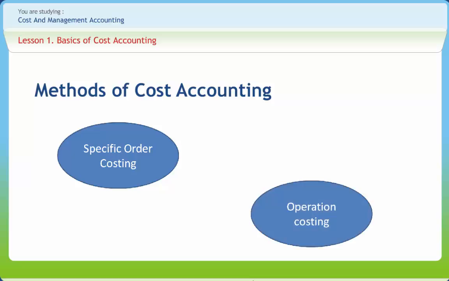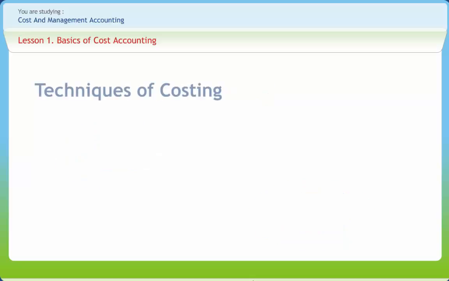Operation costing is more applicable in the case of products which are normally manufactured as well as expected to come across many stages of production process or operations in the industry. Techniques of costing are nothing but vital tools of ascertaining costs. Uniform costing is the use of same costing principles and practices by several undertakings for common control and comparison of costs. Marginal costing is another tool of costing,